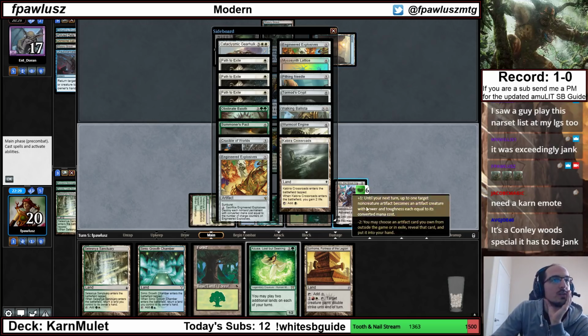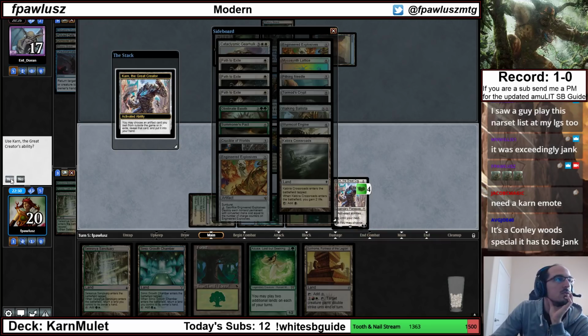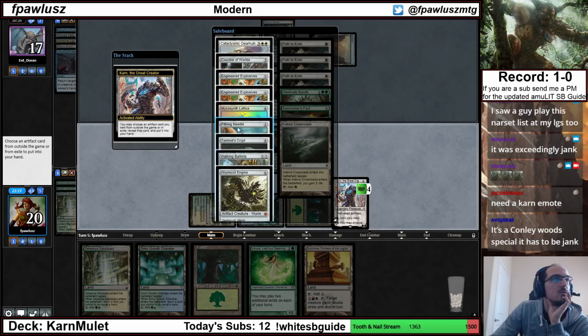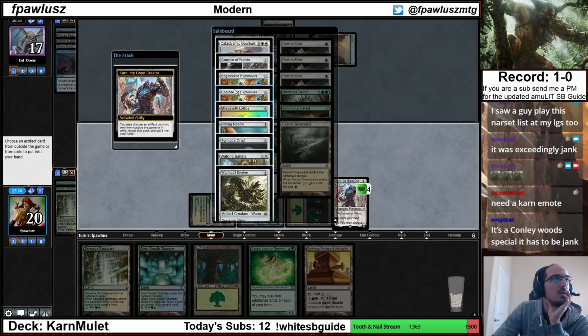I guess I get Crucible here. I get Explosives here. I could also get Wakibi. All of these are good options. Walking Ballista and Explosives are gonna be the options that I'm most interested in. I guess Walking Ballista is gonna be...